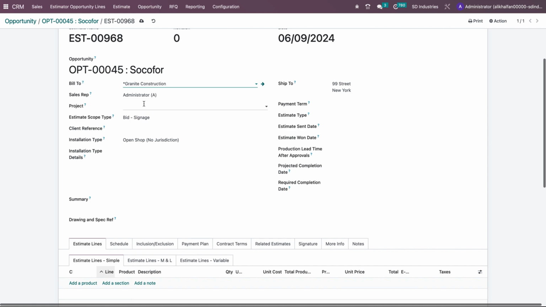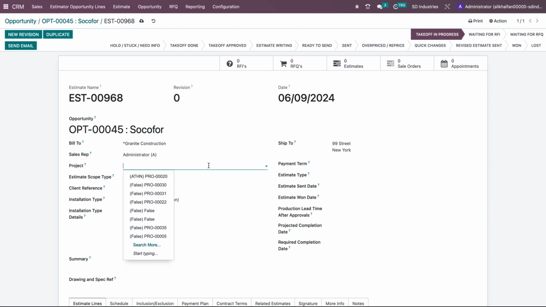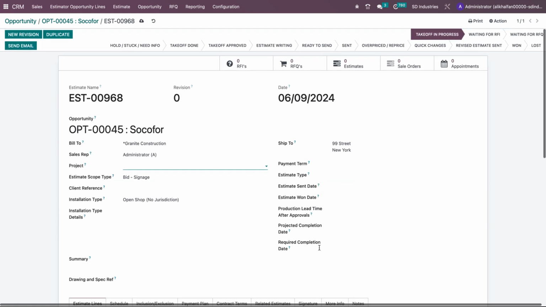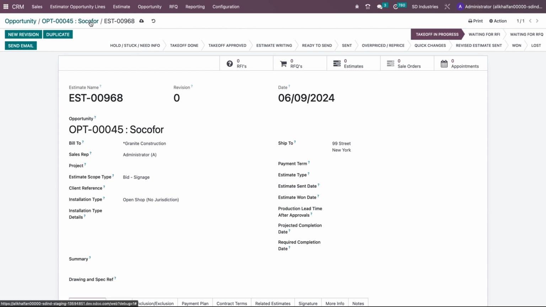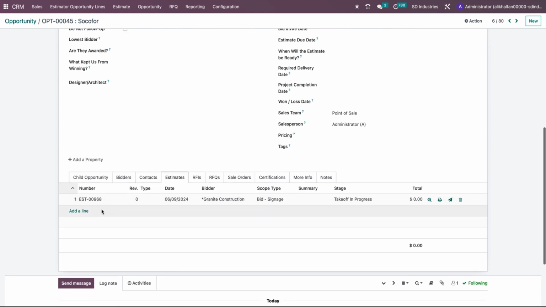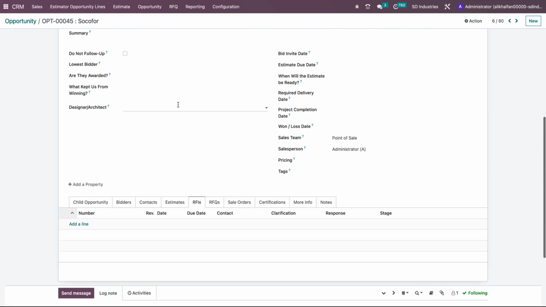So this is a sales representative, and the projects, basically if there is any link, but for now it's just an opportunity. We have not yet converted it into a project. For creating an estimate, I'll have a separate video. So this is how you'll find all the estimates over here, the RFIs that are linked to this opportunity,